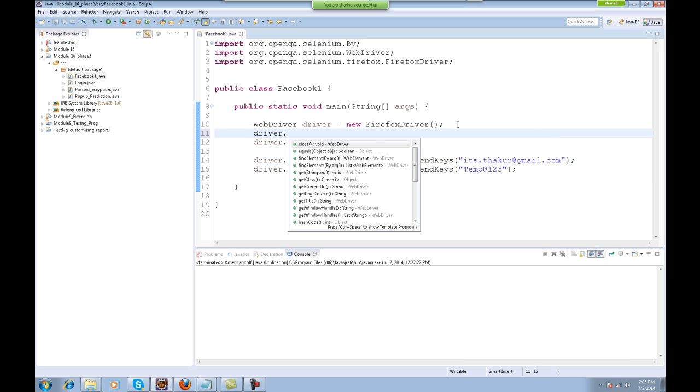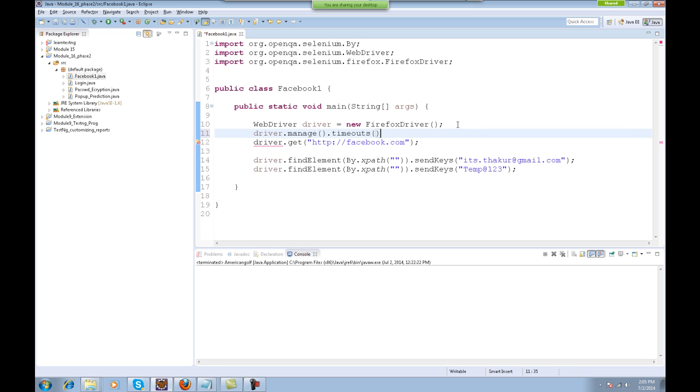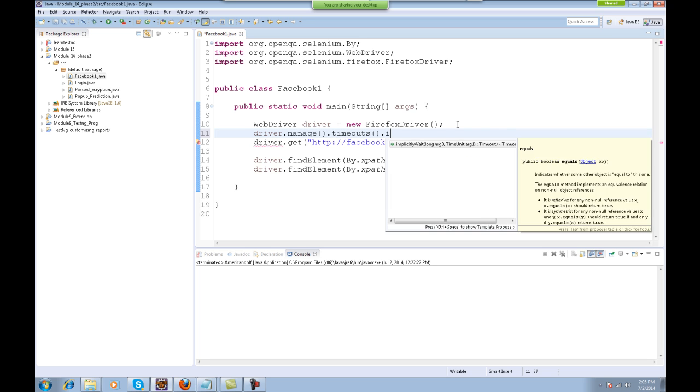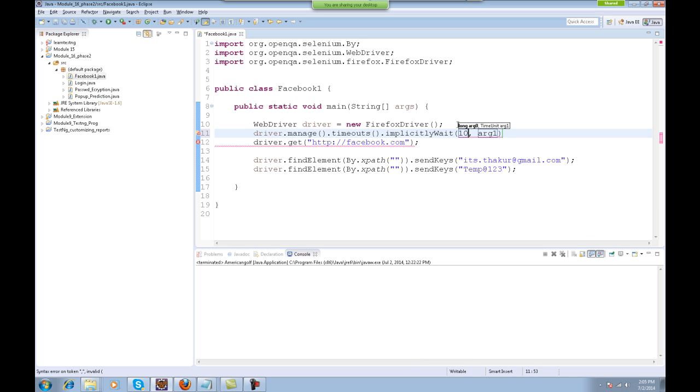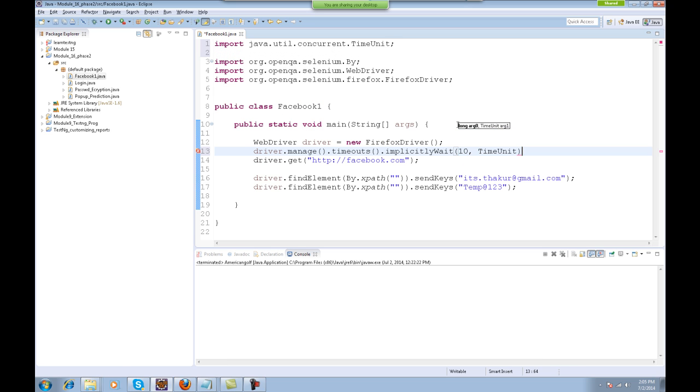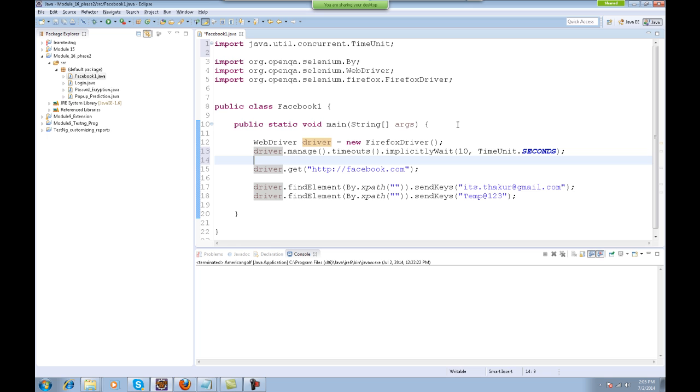I will also write these standard lines to maximize the browser and give a global timeout for implicit wait: driver.manage().window().maximize(). Now you give the XPaths.